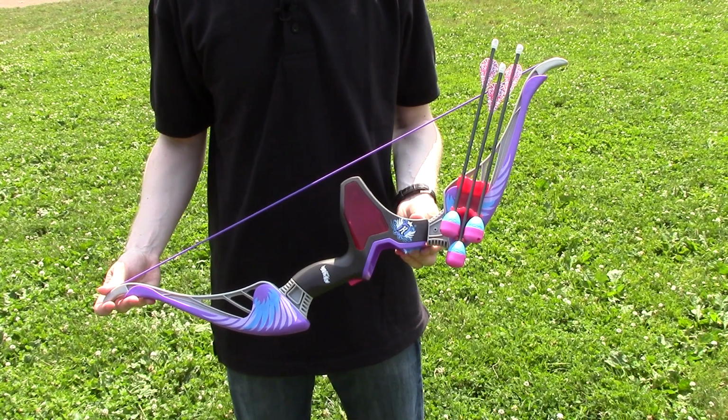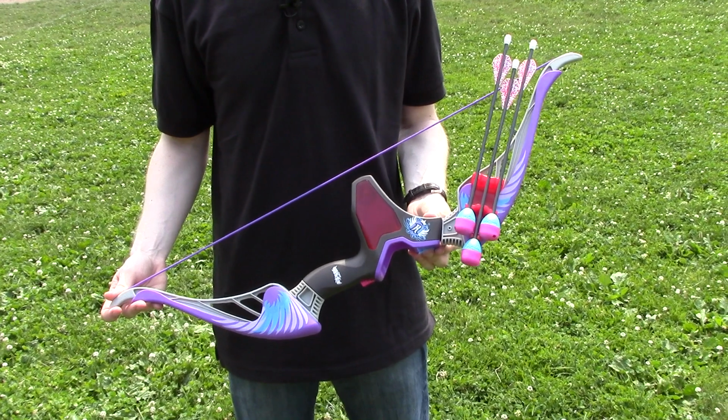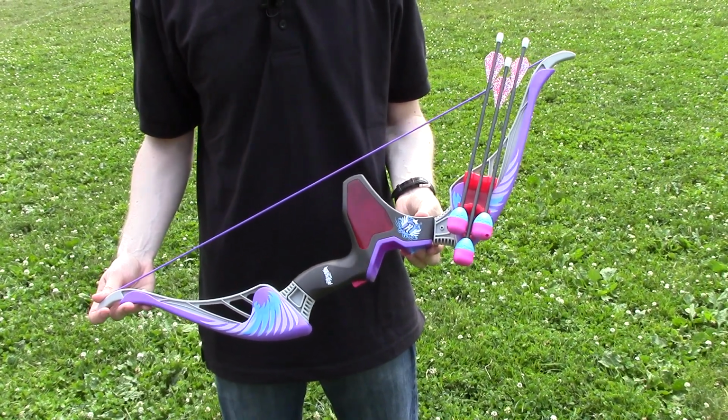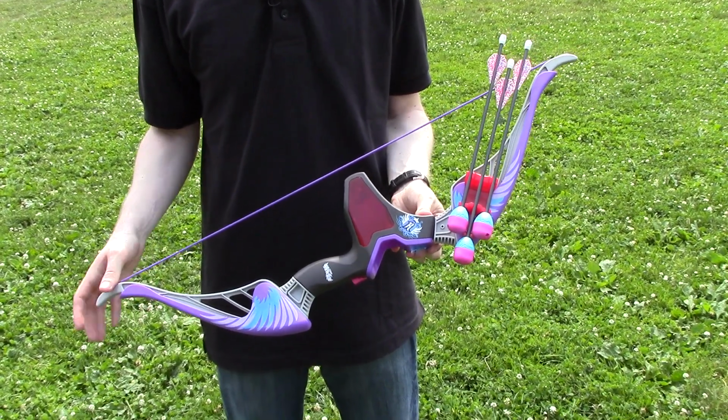Okay, here we are today to do a range test for the Rebelle Agent bow. Make sure to check out the overview video if you want to know more about the bow and its features. But anyway, one thing to note before I start firing this thing and seeing what the ranges are, it only